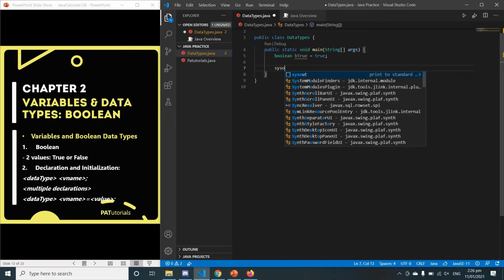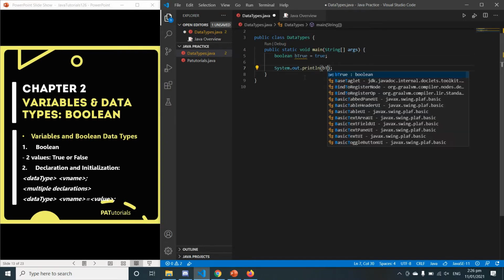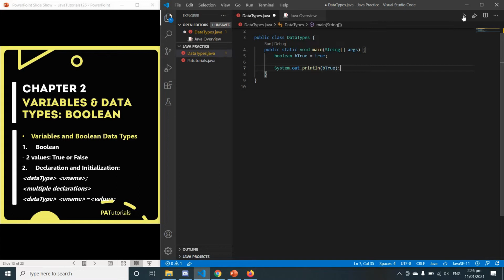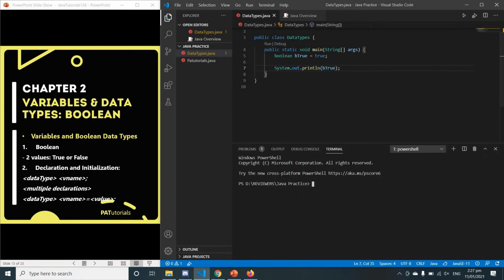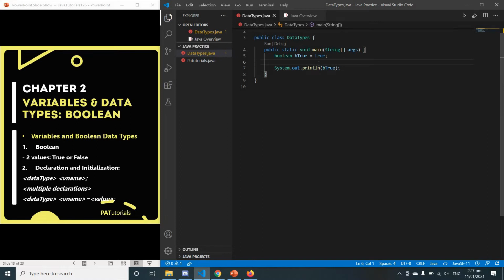So, i-print lang natin yan. And that would be yung bTrue. Tapos, tignan natin yung magiging output. So, kung makikita nyo, kapag nirun natin yan, ang output niya would be true. Okay? So, next naman would be this one. Mag-declare at mag-initialize naman tayo ng isa pang Boolean, pero this time, ang value niya would be false. So, kung makikita nyo dito, yung bFalse, kapag nirun natin, ang kanyang value would be